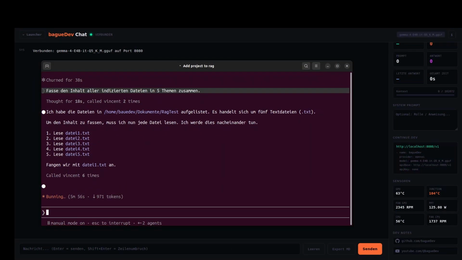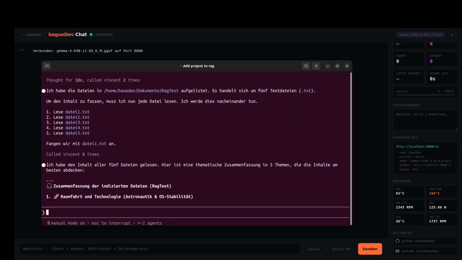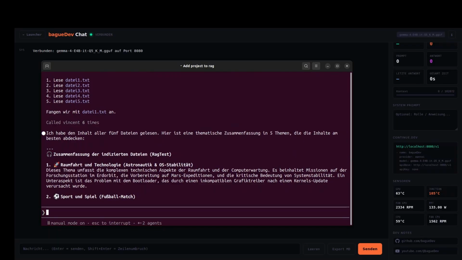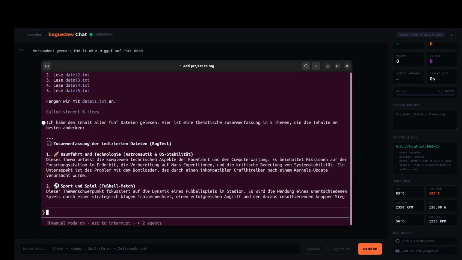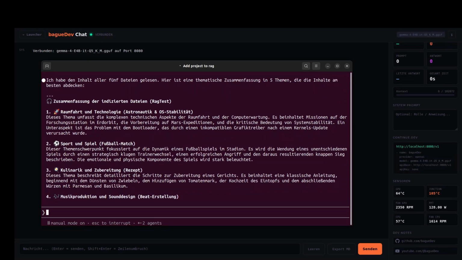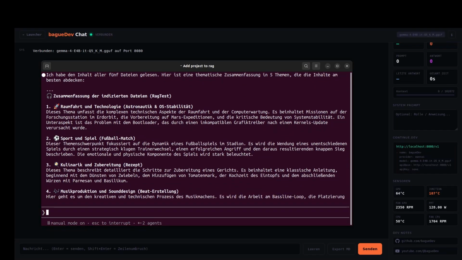About 6 minutes later, the process is complete. Vincent has read the 5 files again and produced a coherent summary from them. Even though the actual thematic categorization did not work, one has to say the summary itself still turned out really well. There were 5 files in the folder, and he summarized exactly those 5 contents